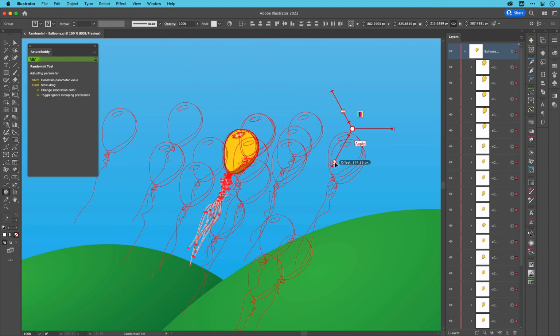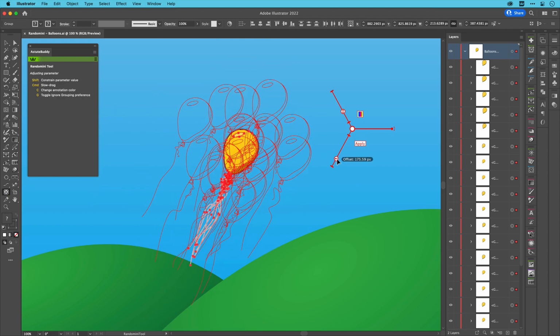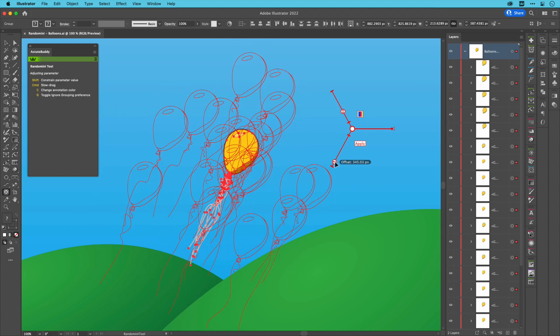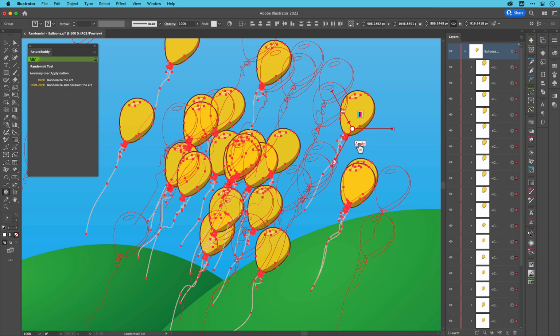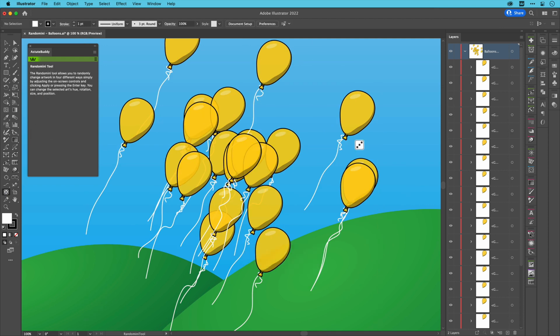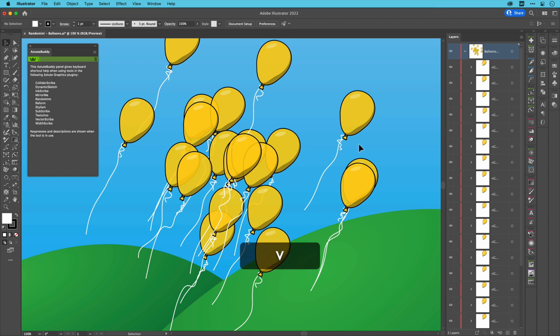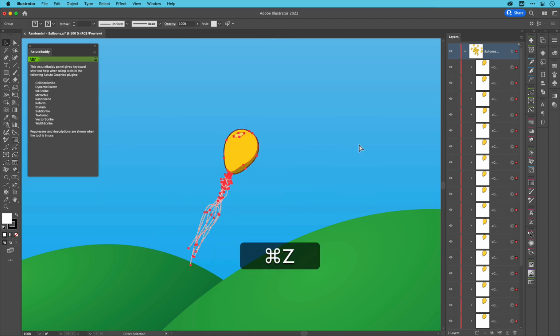We have not yet committed the artwork change, but the end result is previewed with the annotation outlines. Each time the control is moved, the position of each group is randomly reassigned. I will apply that single randomization by clicking on the Apply button. As may be seen, the artwork is now randomly repositioned. This is not a live effect, so to revert to the original, you would need to undo at this stage.